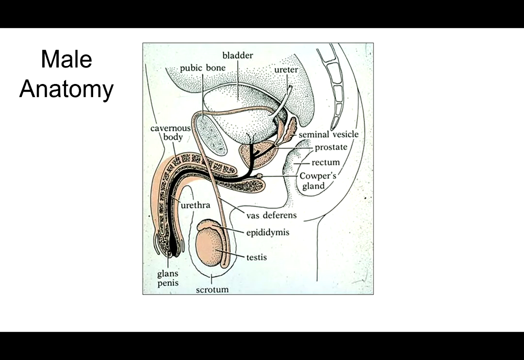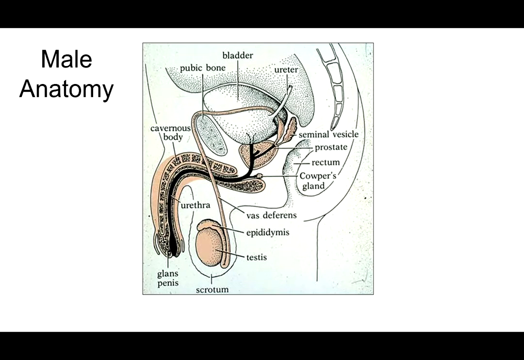You can see one leg on the other side, and then the front of the body to your left and the back of the body to the right. Notice there's the penis, and the penis in this image is flaccid, so this is not a sexually aroused individual. You'll notice that it has this cavernous body. The cavernous body is what's really important for